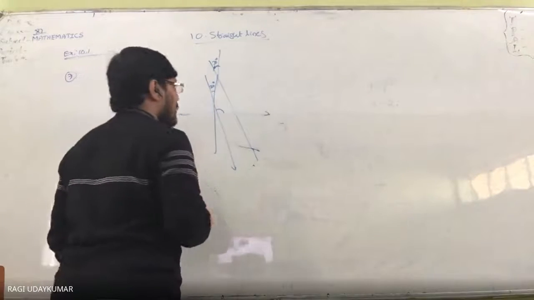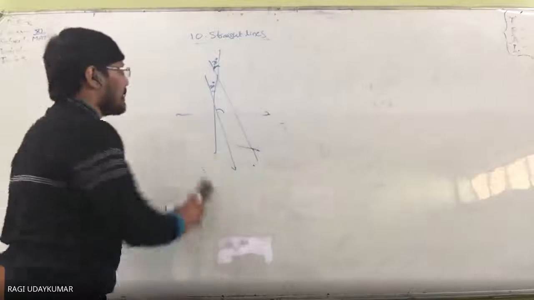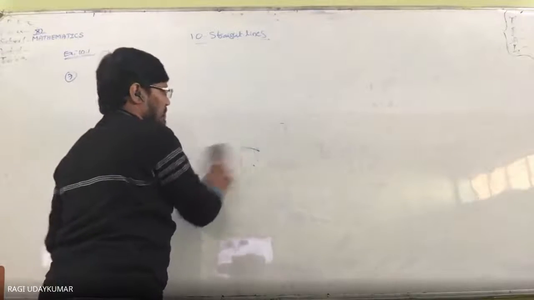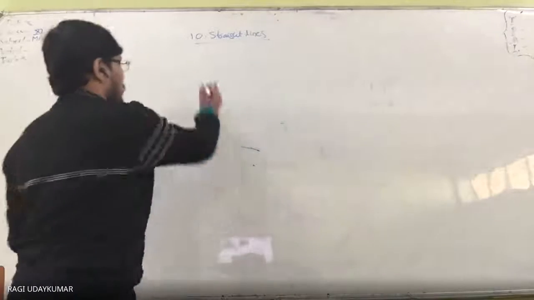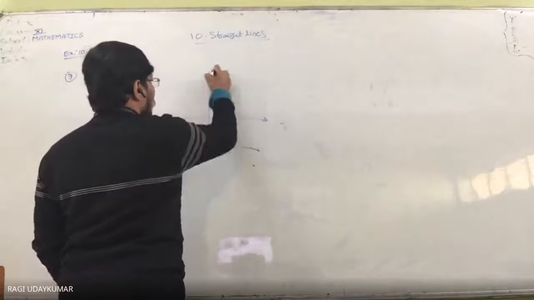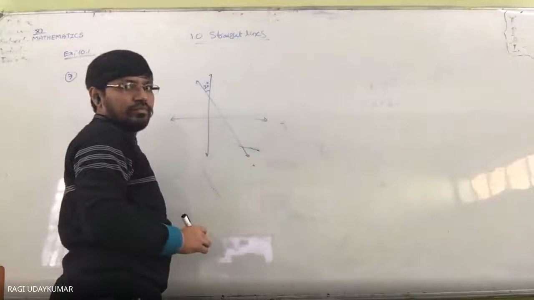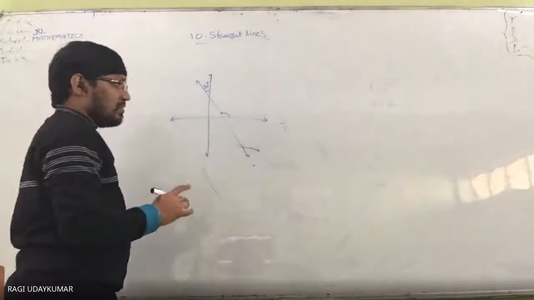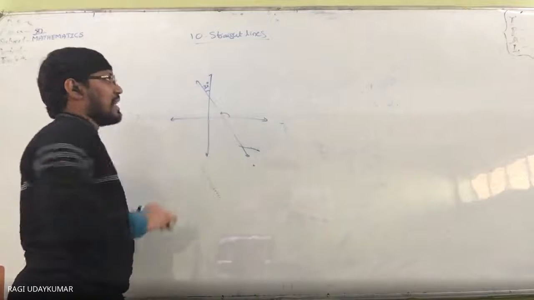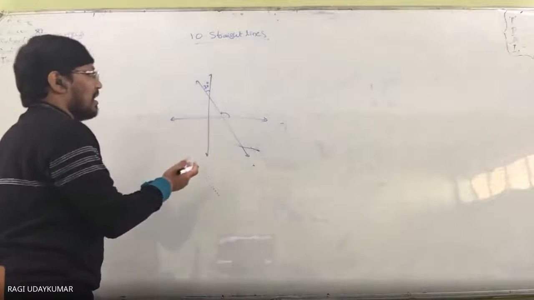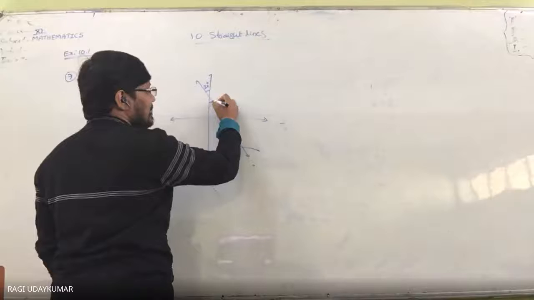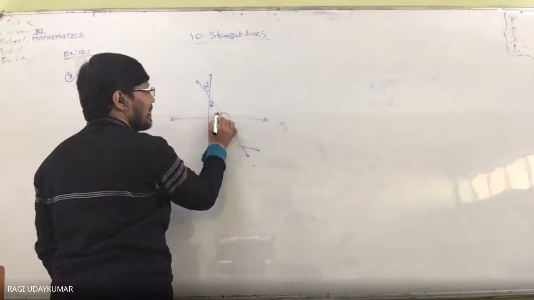Whenever you are taking a line into consideration, as you are getting confused, I will draw the line not passing through the origin. Another way I will draw like this. This is 30 degrees. So which one do we need to find? We need this one, because we have to find the slope of the line, so we need the angle with the x-axis. This is vertically opposite, so it is 30 degrees, this is 90 degrees, so this is 30 plus 90, which is 120 degrees.